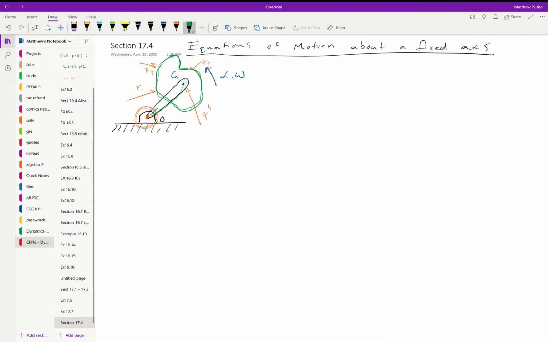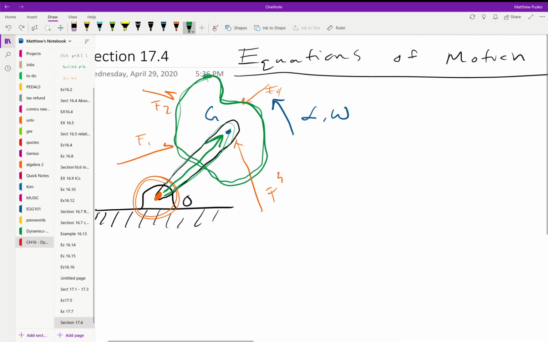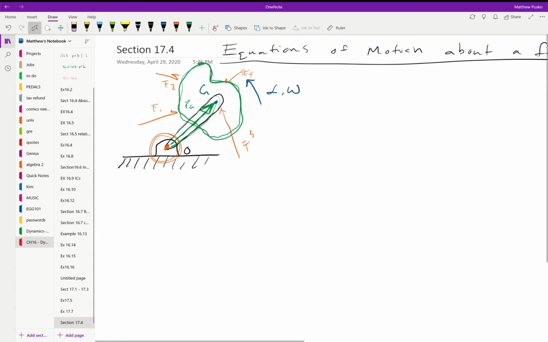But the point is we have some vector r to g, or some distance, and that distance is fixed. Don't need the vector as much as the length. And let's turn that into a kinetic diagram. If this has a circular path,